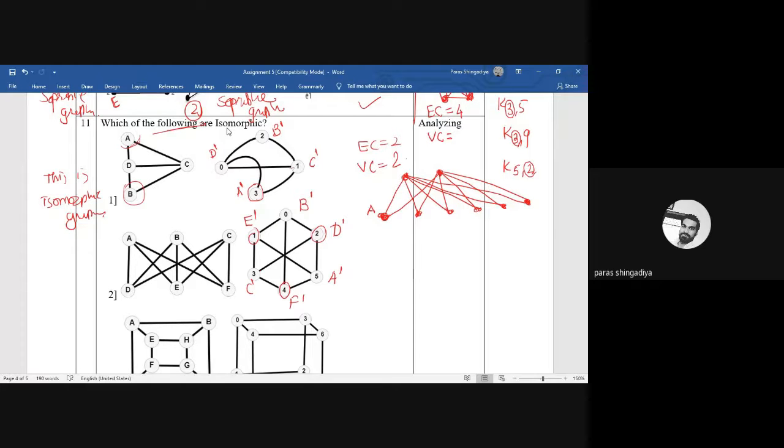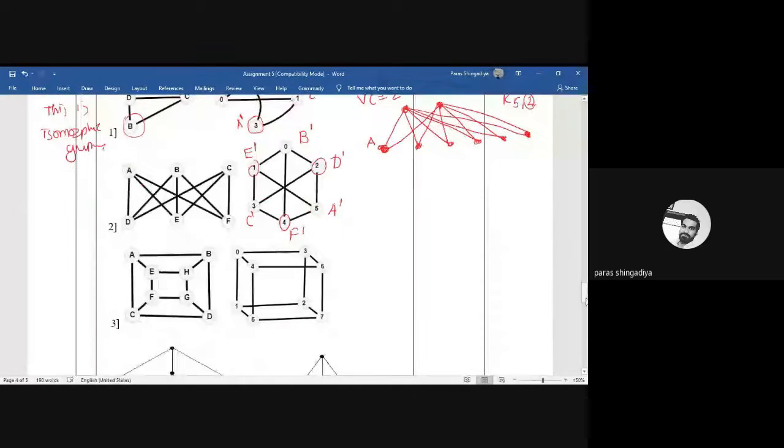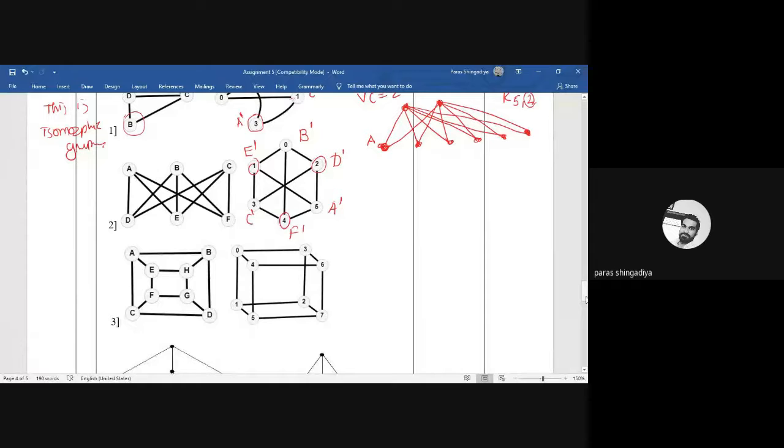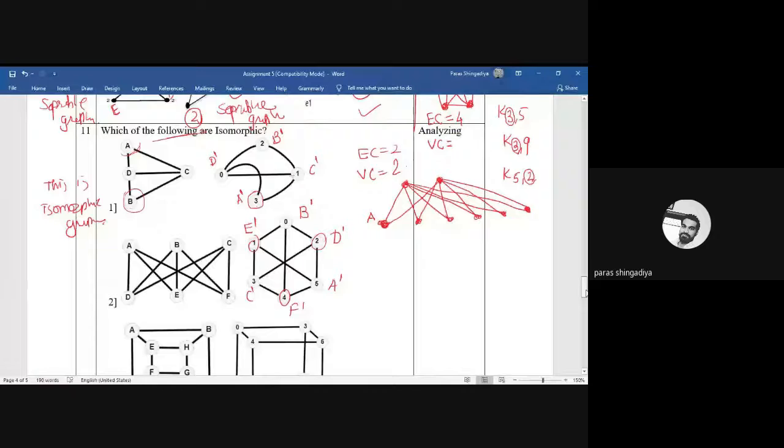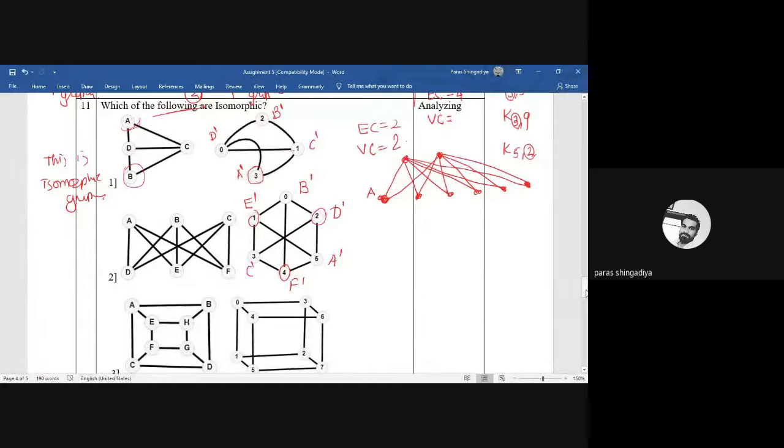Clear? Similarly, you have to check the second pair, third pair, and the fourth pair. Some of the pairs we already discussed during the lecture session, so they will be repeated now. Draw both graphs. The second is already solved. Now try the third one, fourth, fifth for your practice. Complete it, and then we'll start the next assignment number 6. If you have any doubt how to check isomorphism, please ask. Otherwise, try it. It's very easy. Just find the image of every vertex of the first graph in the second graph.